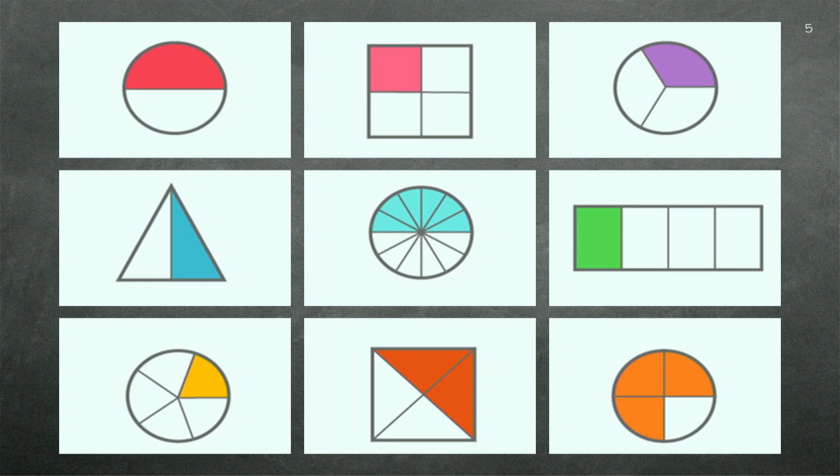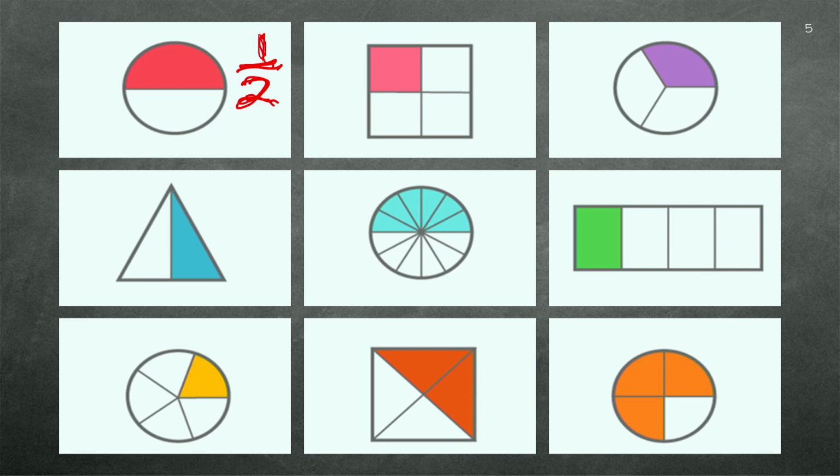So let's do an example. There's our example. So there's a circle and it's cut in half. So what portion is 1 out of 2? So it's a half. So A is our numerator. That tells us how many is colored in of a possibility of how many, right? So there's one section colored in out of a possibility of 2 equal sections.